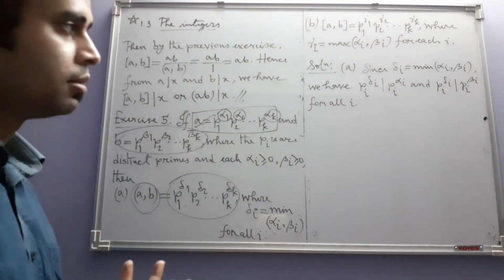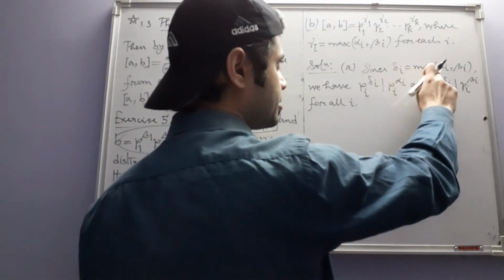Why? It's because since delta i is the minimum of alpha